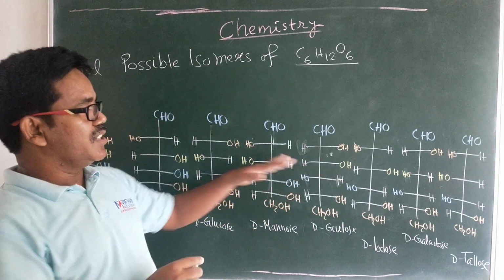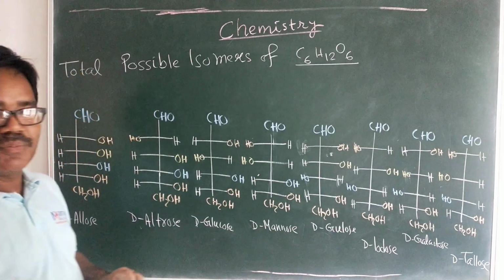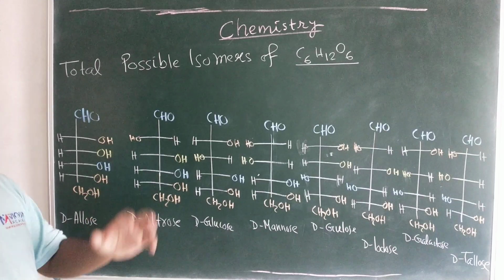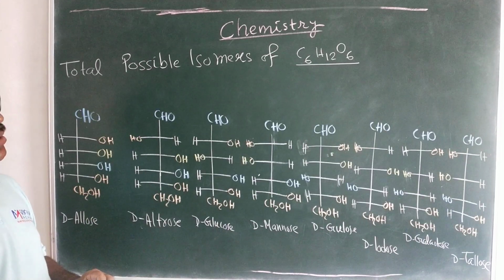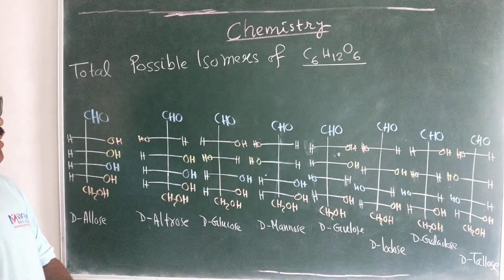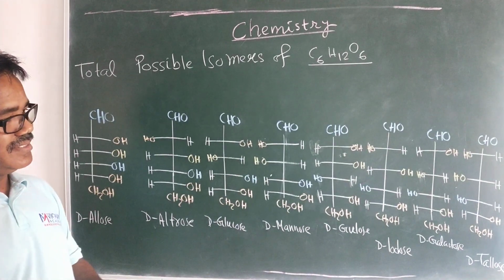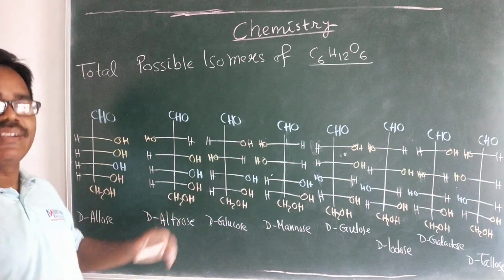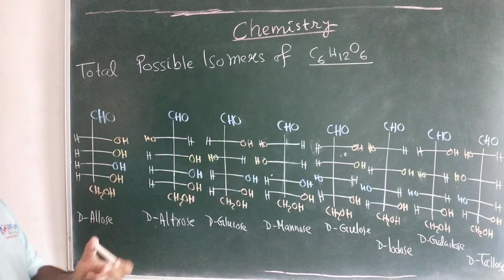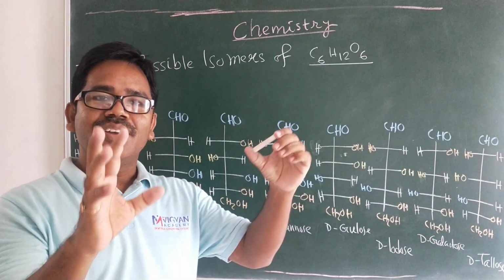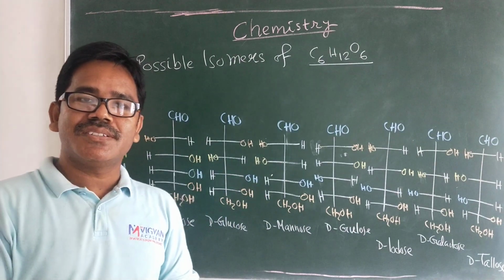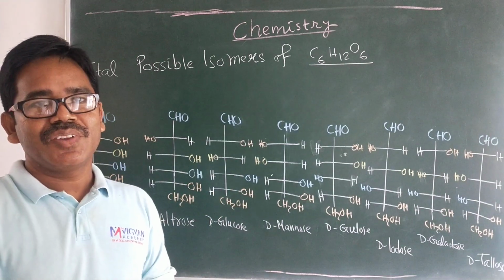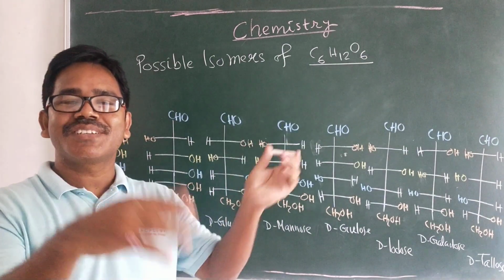Here, I have drawn 8 structures. If I ask anyone to draw all these 8 structures, it is really difficult. Randomly, if you have to write or draw any one structure, it is really difficult. But there is a very easy technique by which we can draw all 8 structures plus another 8 structures, altogether 16 structures, so easily. What is the technique? We are going to discuss that.